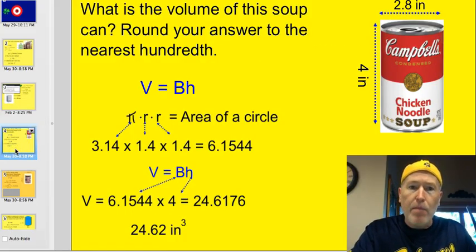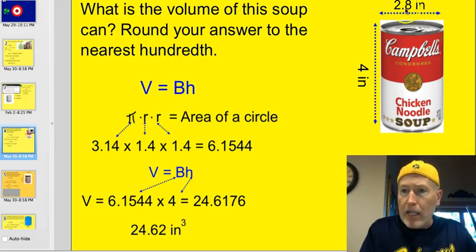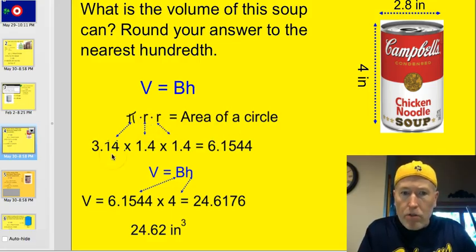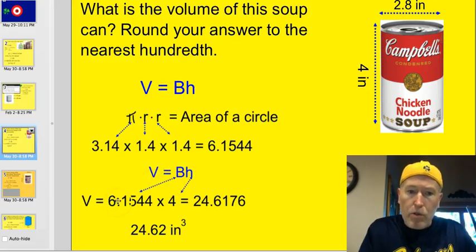So what's the volume of this soup can? Round your answer to the nearest hundredth. All right, so we've got a diameter up here of 2.8, so that'll establish what our radius is, and then we've got a height of 4. So pi r squared for the area of the circle. Here's 3.14 times 1.4 times 1.4. My radius gives me 6.1544. Pop it into the formula. My volume is equal to my base, 6.1544, times my height, 4, is